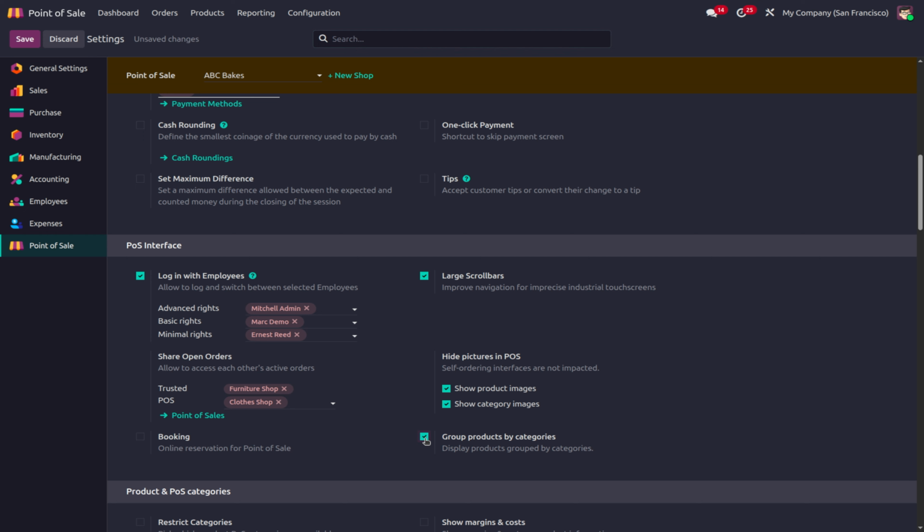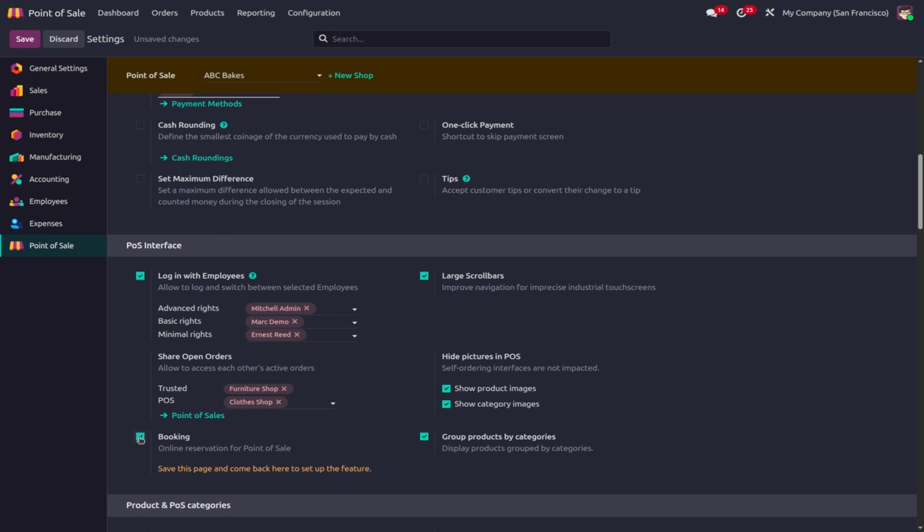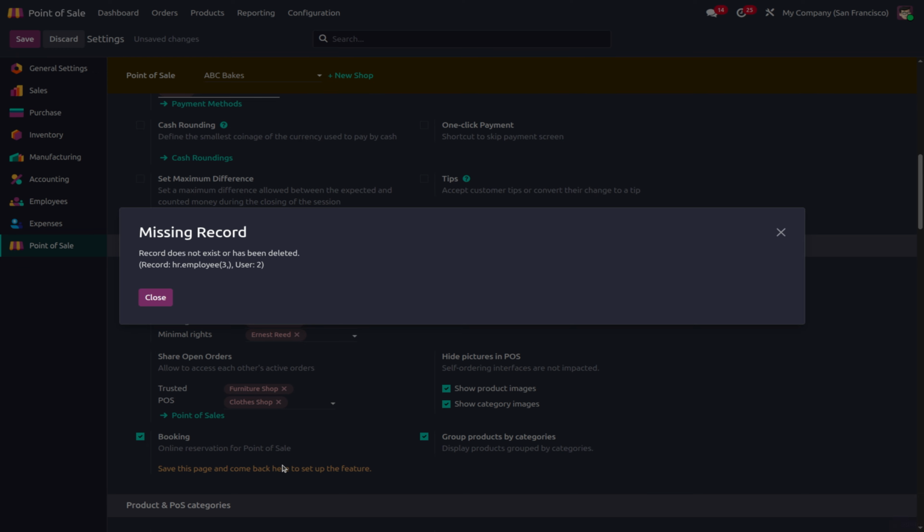Then group product by categories. If we need to display products grouped by categories, we want to enable this option. And online reservation for point of sales. That is, we need to save this, and we want to add appointments options here. So we can save the online reservation for POS so that we can book through the website. Once it gets saved,